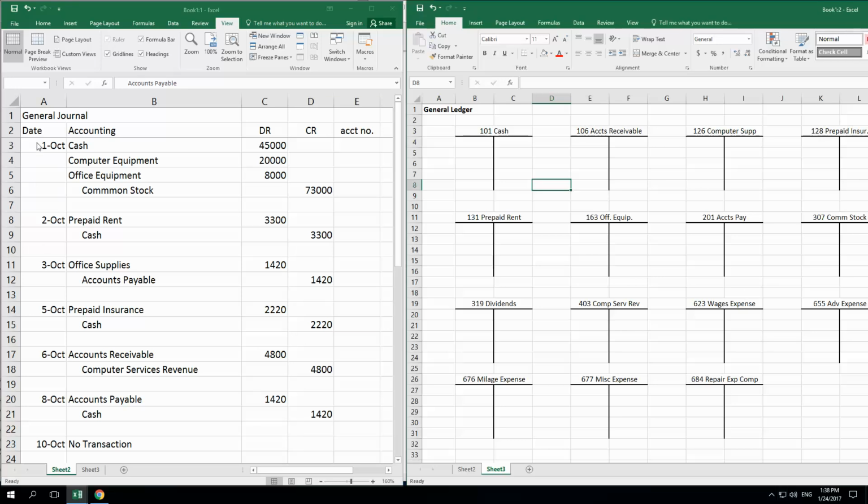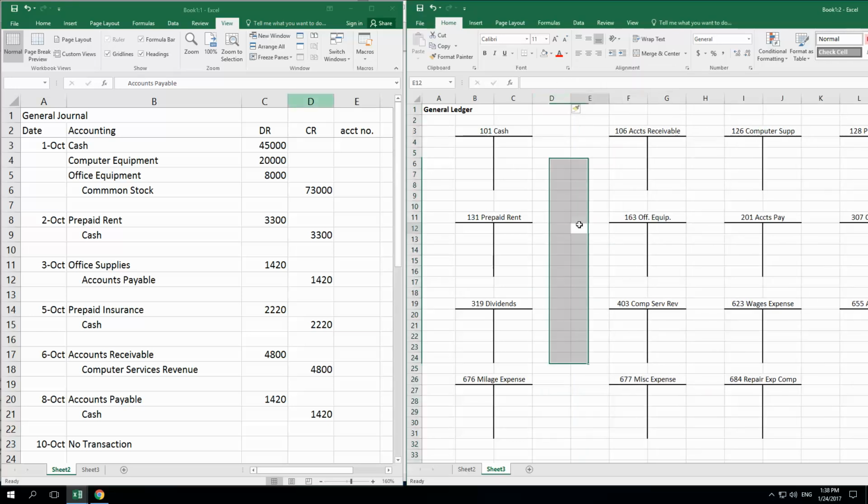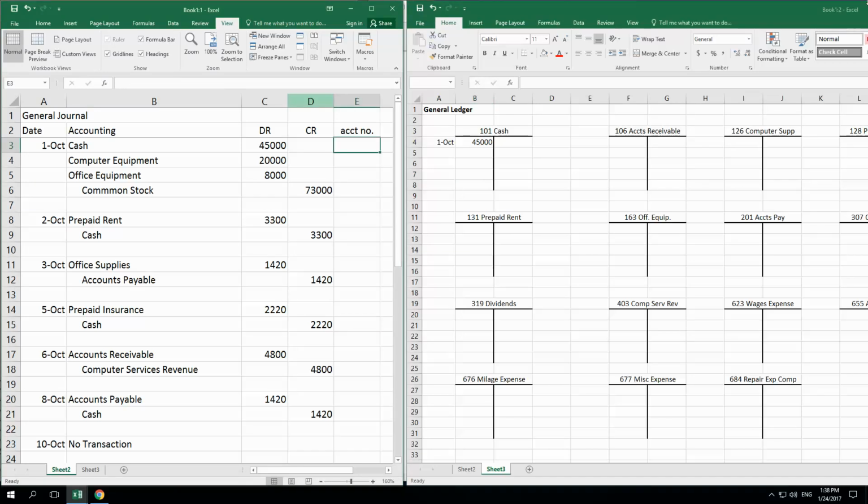So we'll take the transactions here. Now, a lot of times you want to leave an extra column so you can put the date in, right? So I got this October 1st. I'm going to go 10/1, and I'll post it to my cash account, 45,000. You see what I did, right? And then over here in the account, on the journal side, I'll put account 101. That means I posted that 45,000 from the journal. Right here's general journal